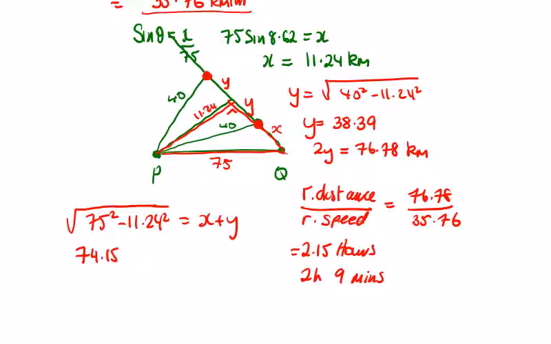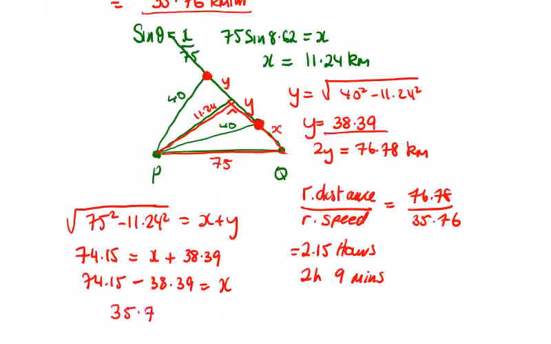74.15, as the washing machine is about to take off. That's equal to x plus y, which is x plus 38.39. So 74.15 minus 38.39 is that distance x that this ship has to travel before coming into vision. So what's 74.15 minus 38.39? That's 35.76,